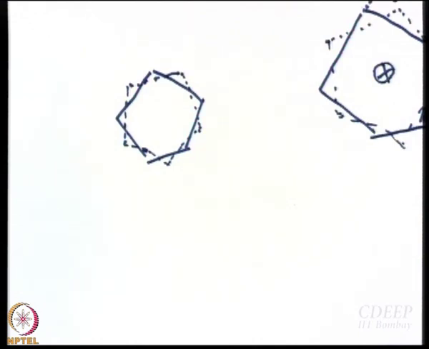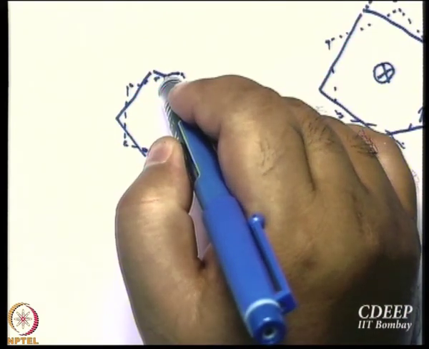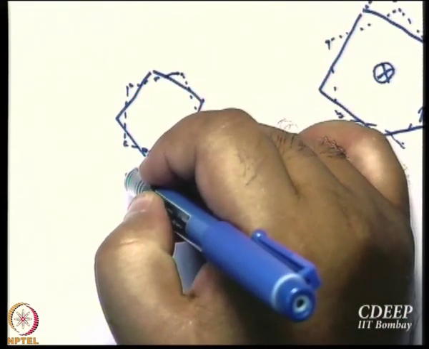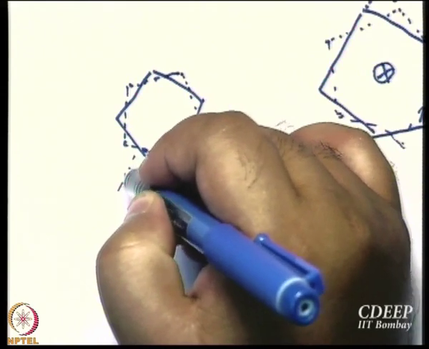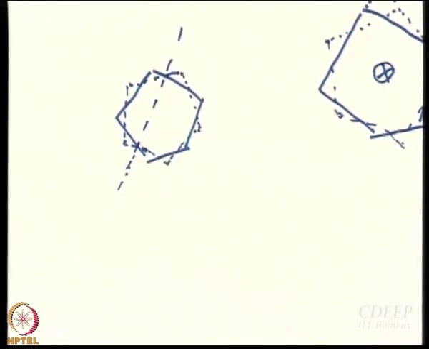I said that already. But even perpendicular to C5, you can have an infinite number of lines. So, now I am talking about this orientation: parallel to any one of the lines, any one of the lines of the pentagon. Perpendicular to any one of the bonds, so it should bisect the bond and pass through. Okay, I will take that. Let me not draw it. Will you agree with me that that is C2?